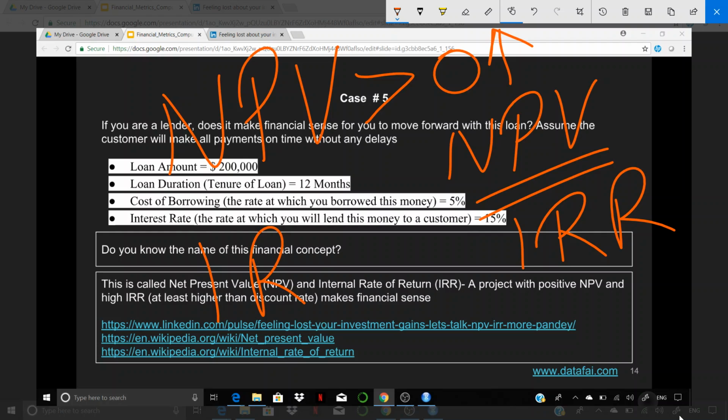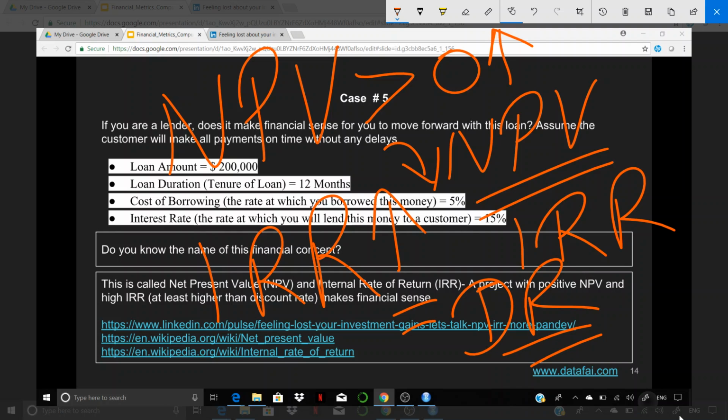Similarly, the IRR should be as high as possible, but at a bare minimum, it should be equal to the discount rate. In this case, we have a discount rate of 5%. So if the project is going to be viable, I should be looking at an IRR of more than 5%. That's the basic concept. But for now, ignore the IRR part, just focus on the NPV and make sure that you're able to follow me in this particular